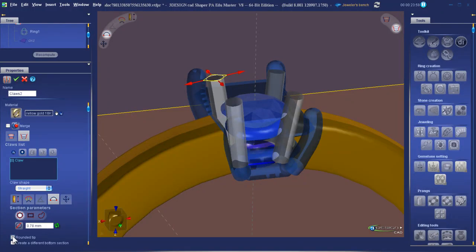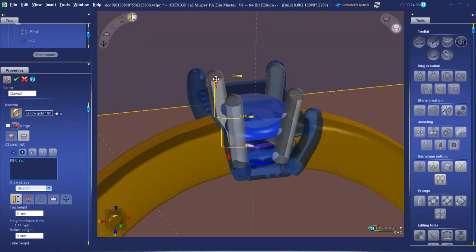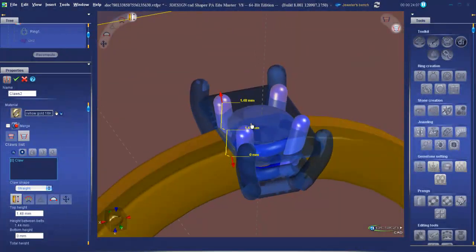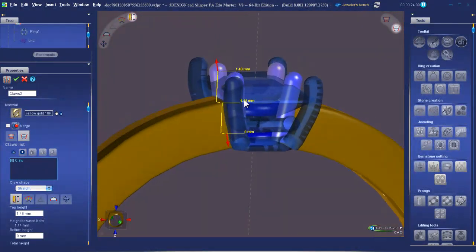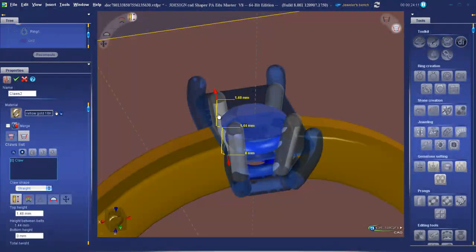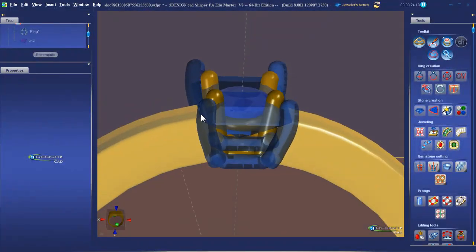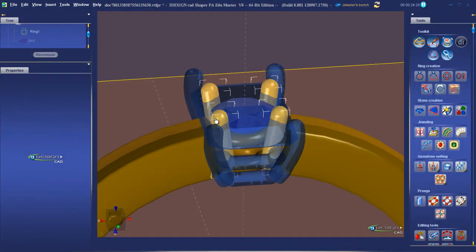And we can add a rounded tip just like we did before. And finally we have claw length, which is the last one in here. We wanted some extra length on these claws, but since these are smaller stones, we got a little bit more leeway here. We're happy with that metal, we're happy with that. Green tick to keep it. And there we are. The setting's buried inside there, but that's fine because we can always grab it